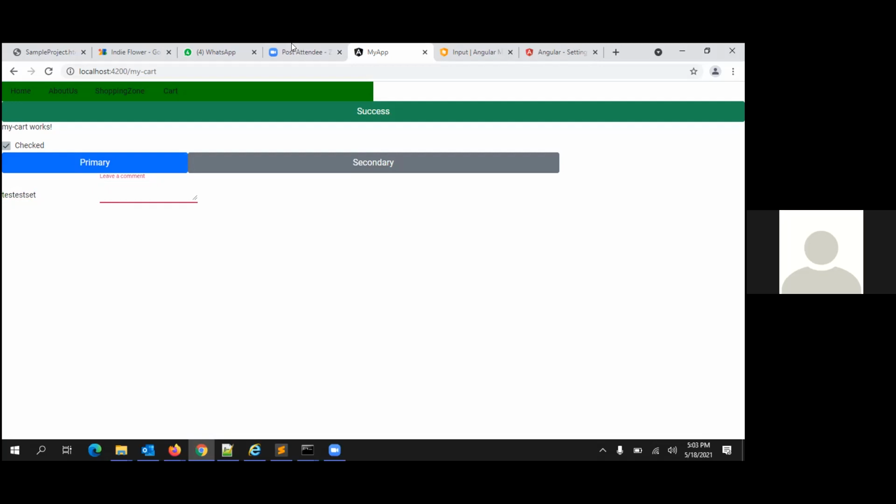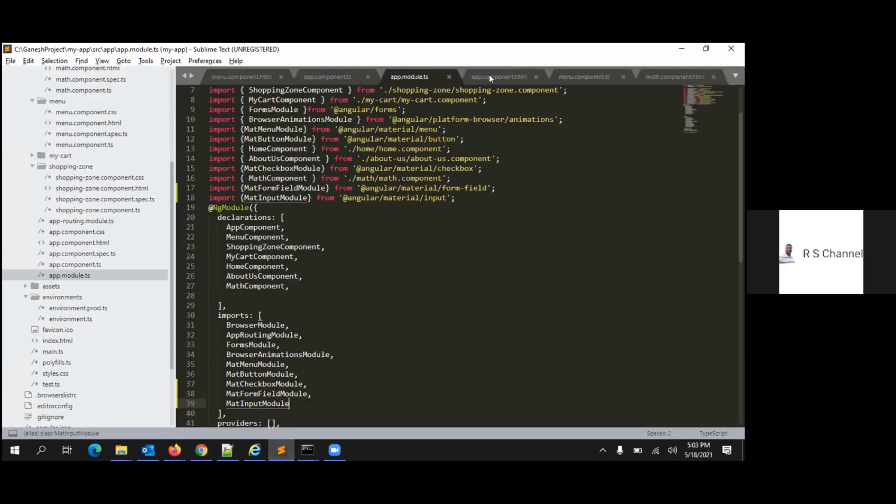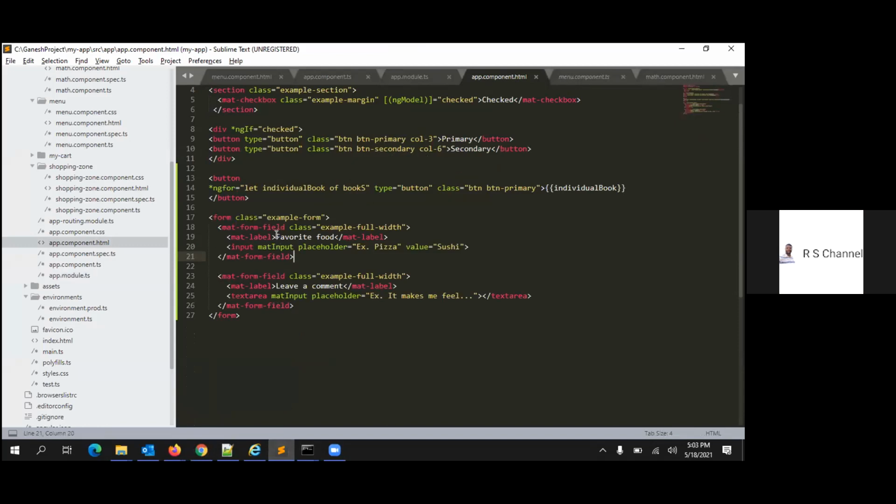Now the first is telling favorite food. Yeah. Make it as first number. Instead of favorite food, make it as first number. The same way, make it as second number.